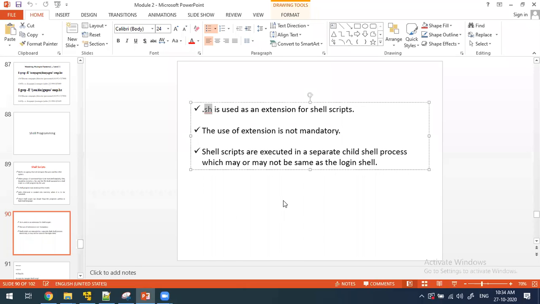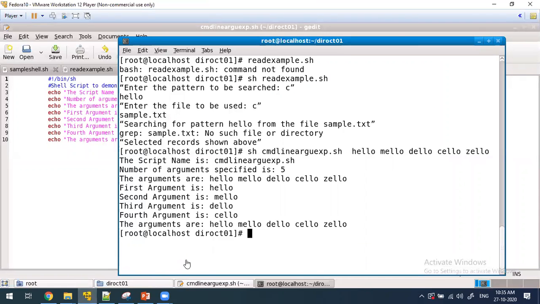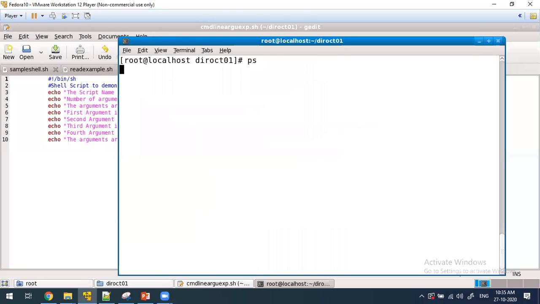Whenever you run this program, it is going to be executed by the login shell. I already said there are many different types of shells: C shell, Korn shell, Bourne shell, B-O-U-R-N-E, and bash shell, B-A-S-H. You can check which type of shell is running in your system.